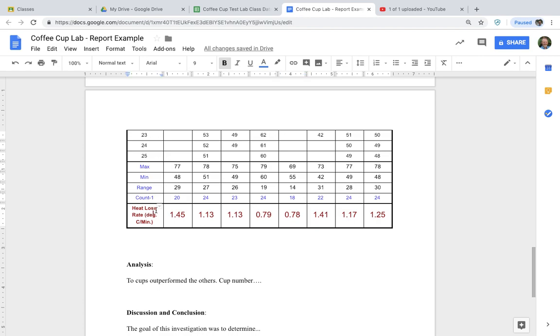Your primary support should be this information here, which is the heat loss rate in degrees per minute. You can say which cup was best by looking at this and determining which lost heat at the lowest rate, i.e. the lowest number. And a good analysis will also put some thoughts down about why